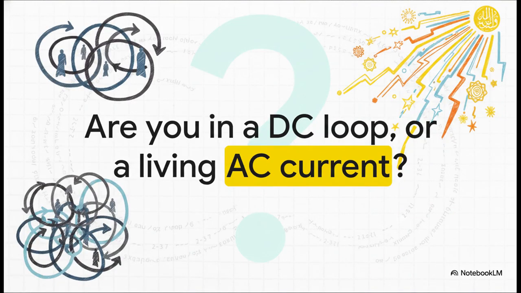So, as we wrap up this explainer, I want to leave you with a provocative question about your own place within this 2-3-7 matrix. If the physical universe and the human soul are truly running the exact same code, what state are you in? Are you frozen in a shadow state, trapped in a reverse bias DC loop where the outward form is there but the inward movement has stopped? Or are you a living AC current, actively traversing the boundary and generating power toward the light?